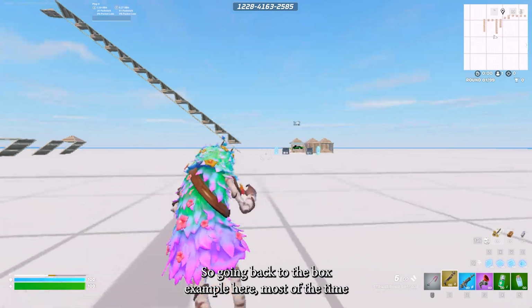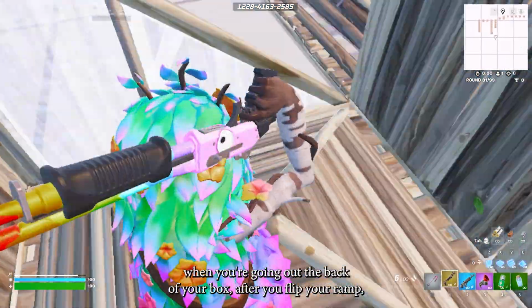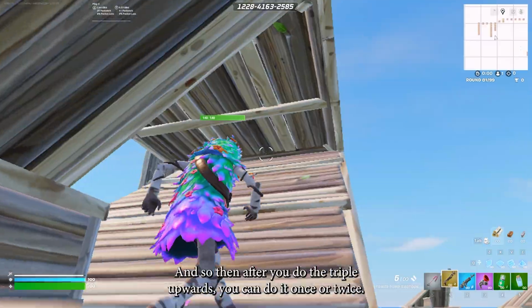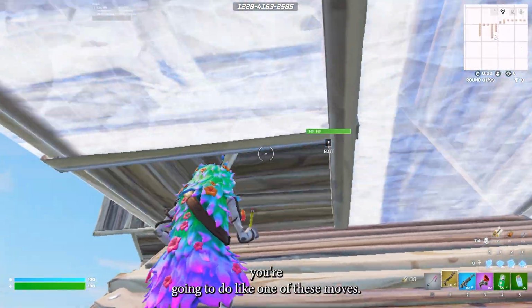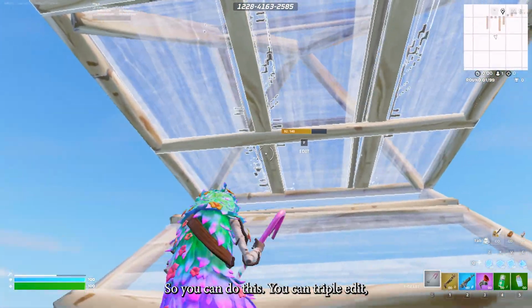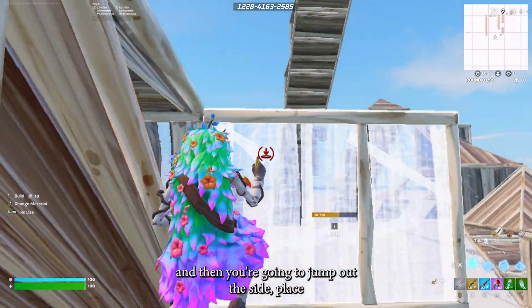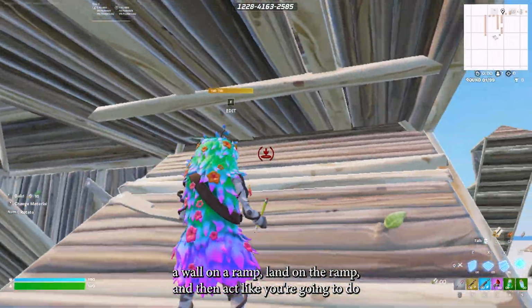So going back to the box example here, most of the time when you're going out the back of your box after you flip your ramp, you're going to be doing this triple edit upwards. And after you do the triple edit upwards, you can do it once or twice, depending on which side you think your enemy is going to go to, you're going to do one of these moves. So you can do this. You can triple edit up, put this wall, drag your walls, and place a cone, and then you're going to jump out the side, place a wall on the ramp, land on the ramp, and then act like you're going to do